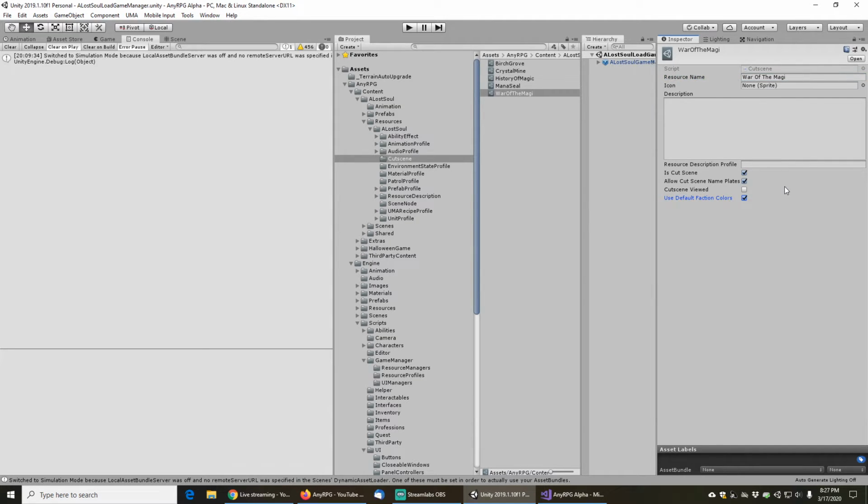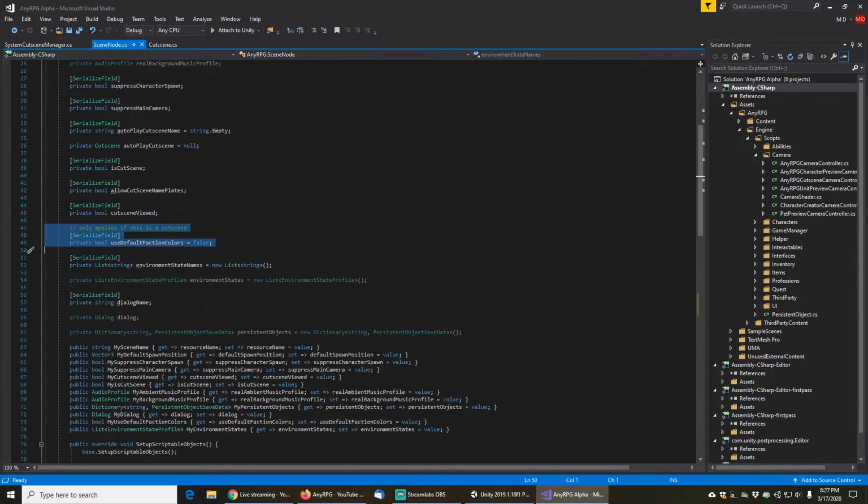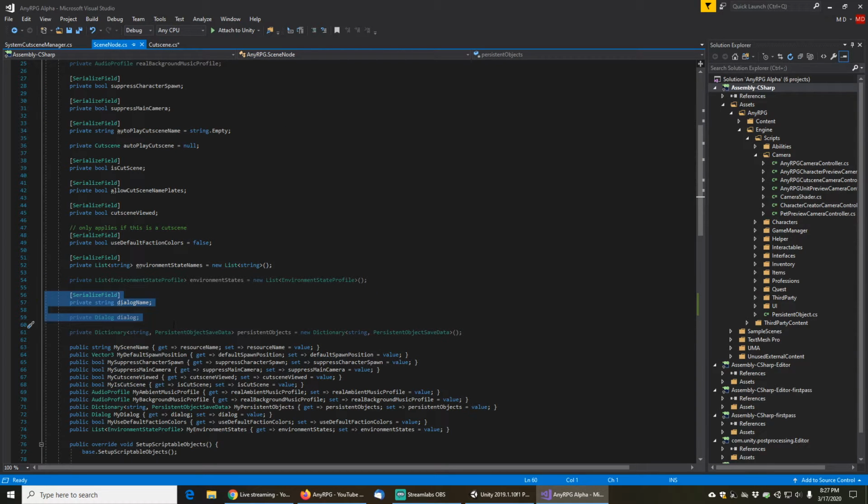And this one allows use default faction colors on it. So let's see, I think unload scene on finish should be a good name for whether or not this cutscene should be unloaded or not. We'll move dialogue name and dialogue into there,